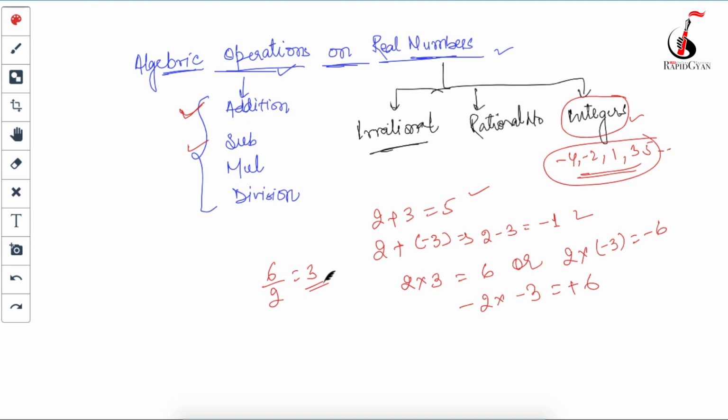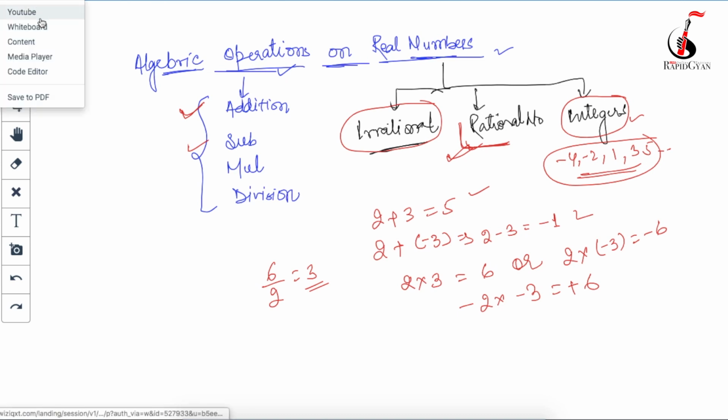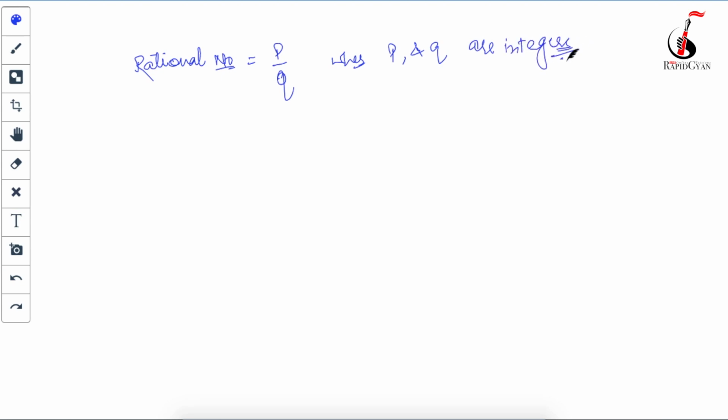In this chapter we are going to study the operations on rational numbers. Although you know the operations on rational numbers, the main thing we will study is the operations on irrational numbers, but we will look into the rational number part also. So now coming to rational numbers. What are rational numbers, beta? Rational numbers are those numbers which we can write in the form of P upon Q, where P and Q are integers, correct?